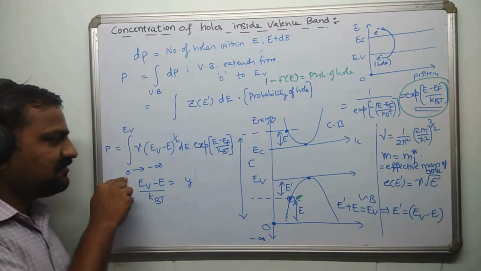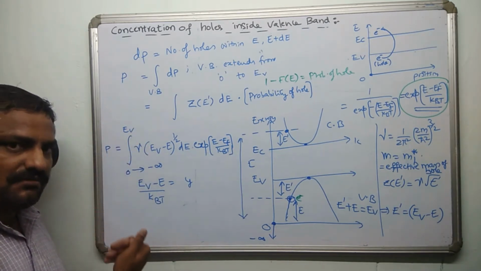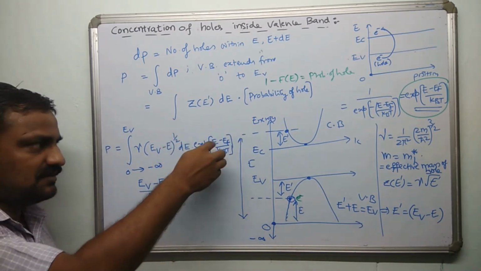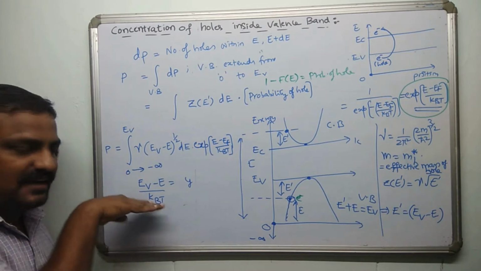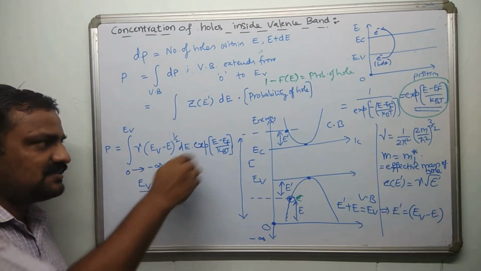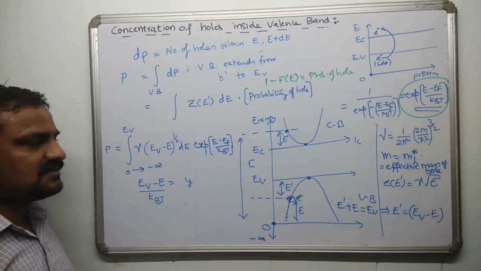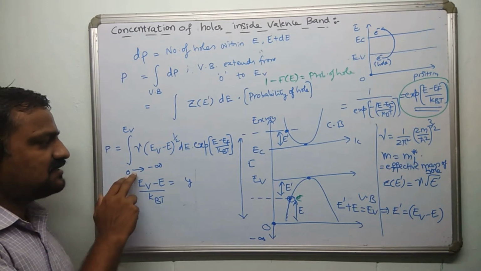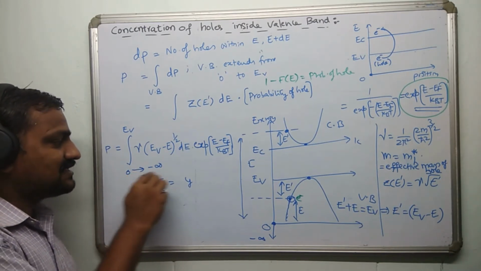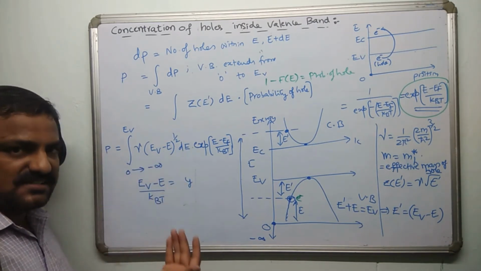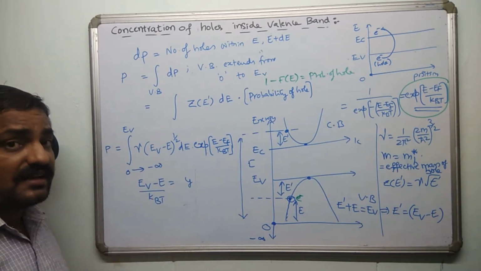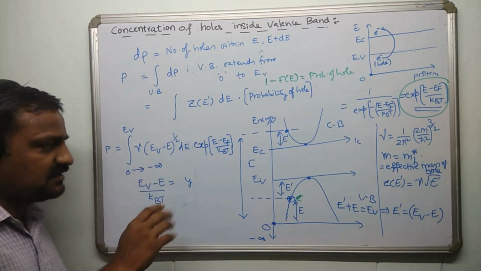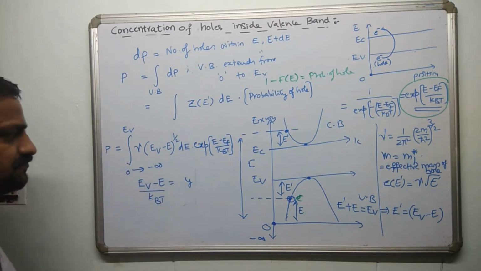It means even if I extend the integral below 0 till minus infinity, there is no contribution, because it's an exponent of minus E. All values of E are going to be negative from 0 to minus infinity, and hence this is a quickly dying out term and the contribution will be 0. So the probability function will take care of everything, and for mathematical simplicity I can extend this integral from 0 to minus infinity without making any magnitude change. Only the limit is being extended. So I'm going to extend it to minus infinity.